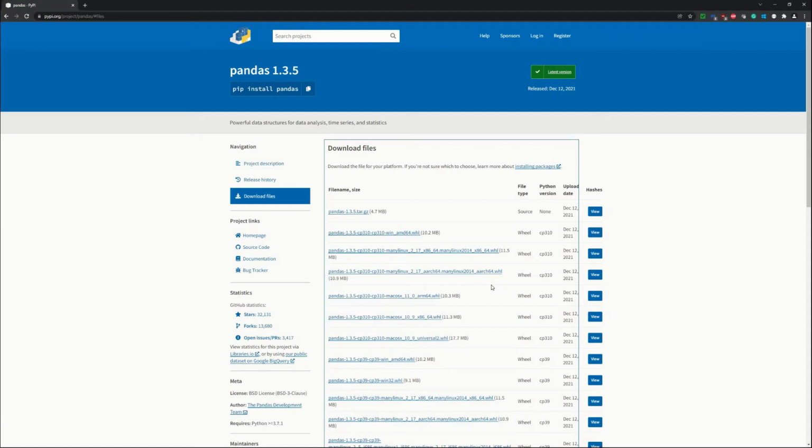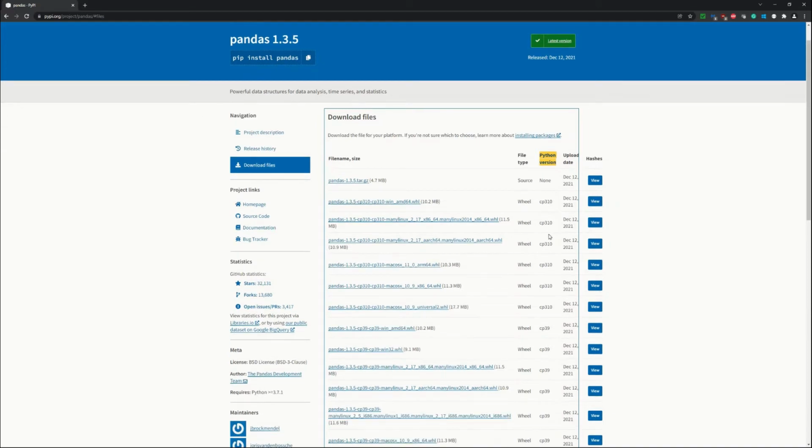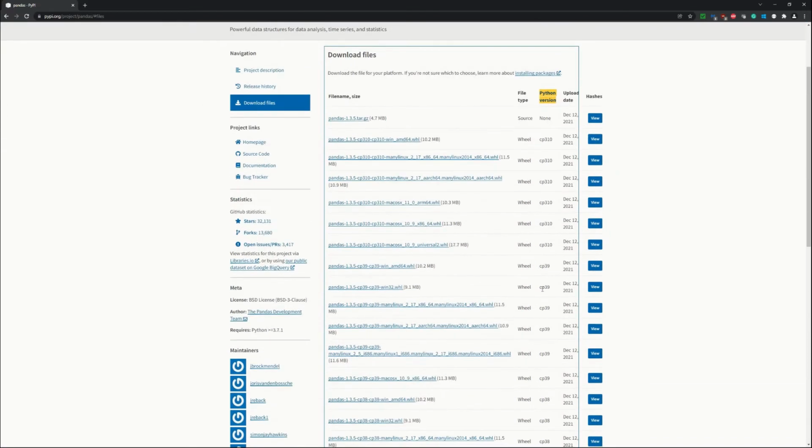Now we have to download this pandas file based on the Python version we will be using. Now you see this column named Python version. CP310 means Python version 3.10, so Python version 3.9 for us will be CP39.